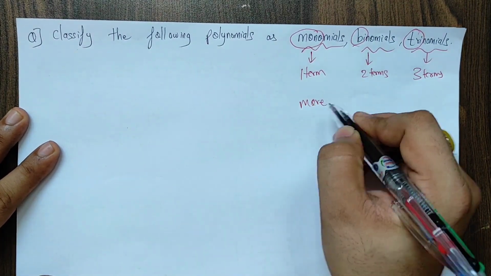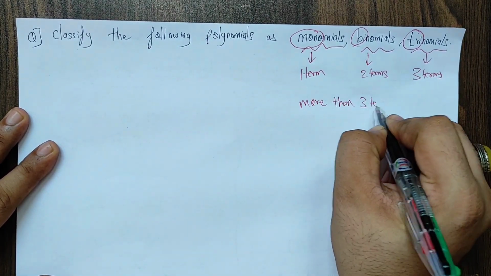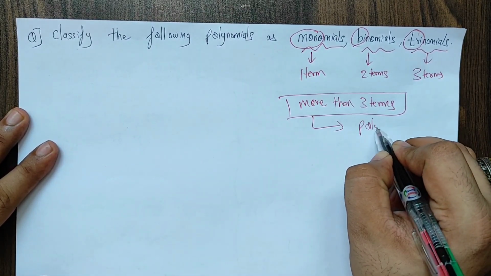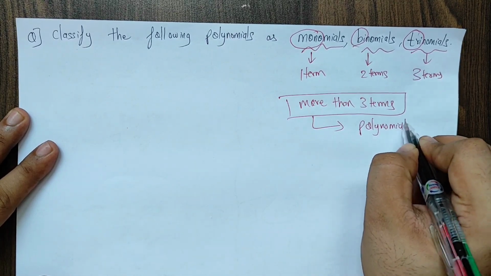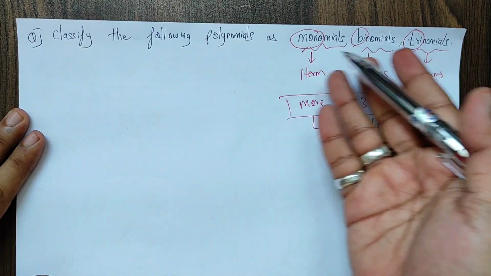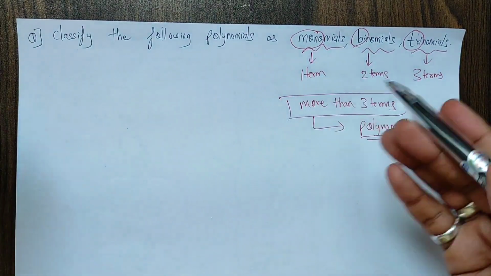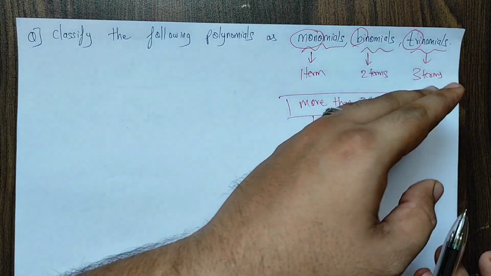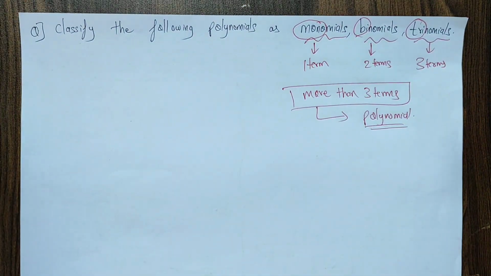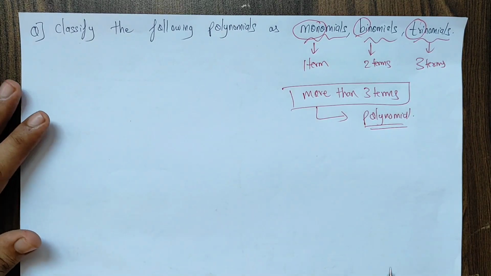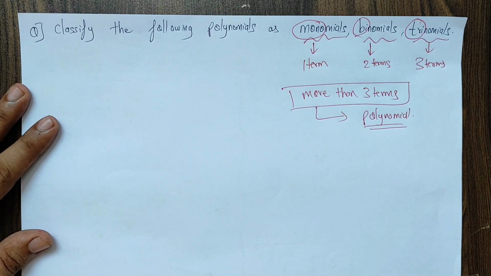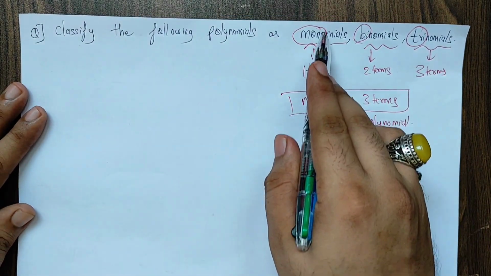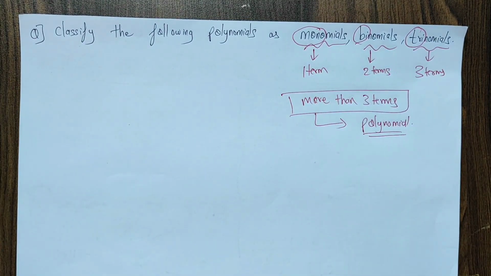So in general, whenever we have more than three terms, we call that expression a polynomial. Of course, these are also polynomials. See, the question itself says classify the polynomials. Different questions will be given. Every monomial, every binomial, every trinomial is a polynomial. Polynomial is just a general word given to you. But if more than 3 terms are there, then we just call it a polynomial. But to be very precise, if 1 term then monomial, 2 terms means binomial, 3 terms means trinomial, everyone.